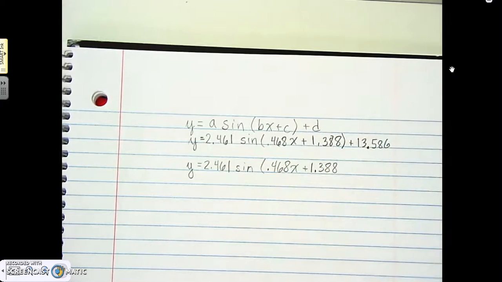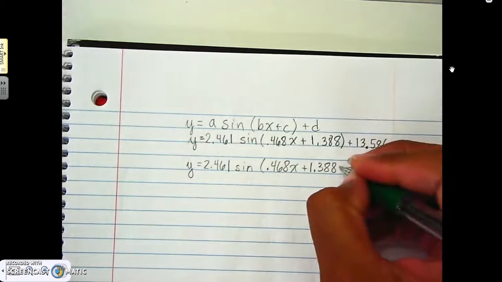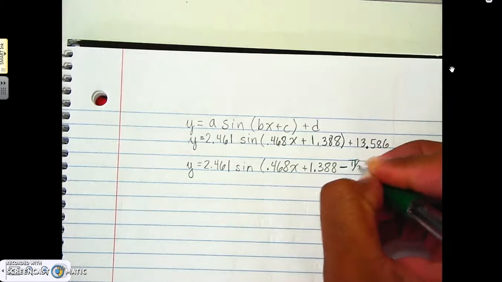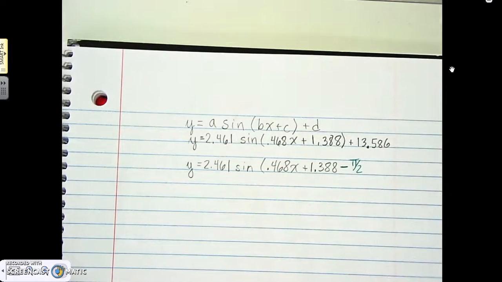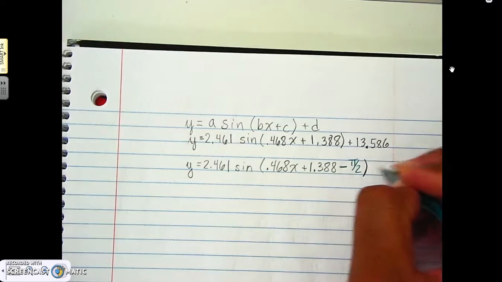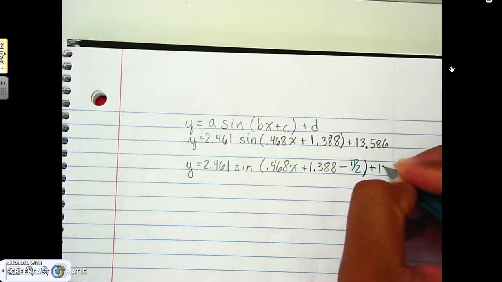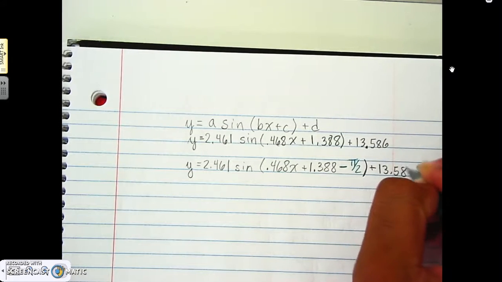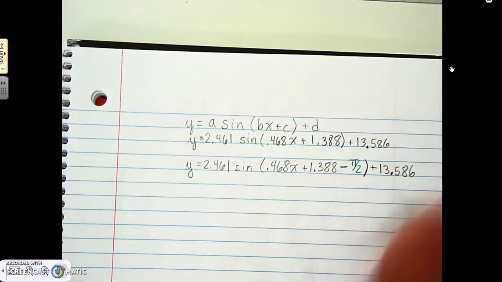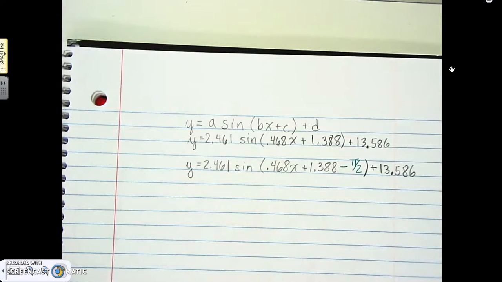And at this point, what we need to do is subtract pi over 2. So to change it from sine to cosine, all you have to do is subtract pi over 2, and whatever